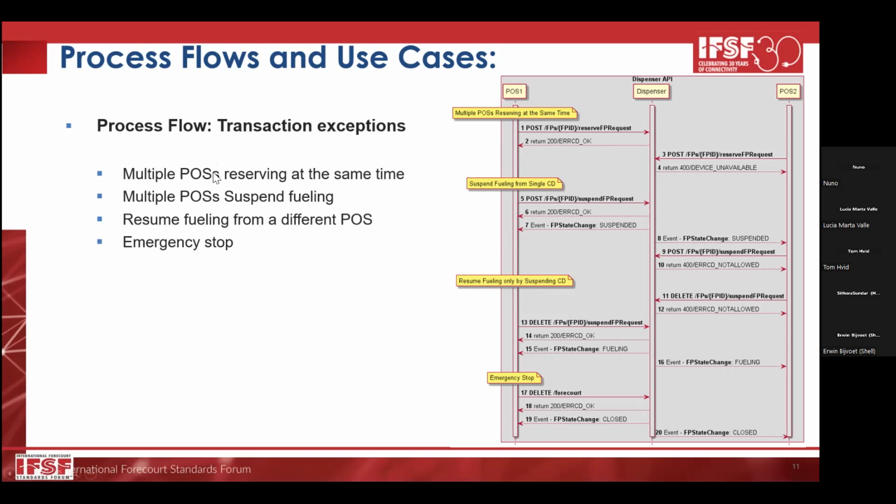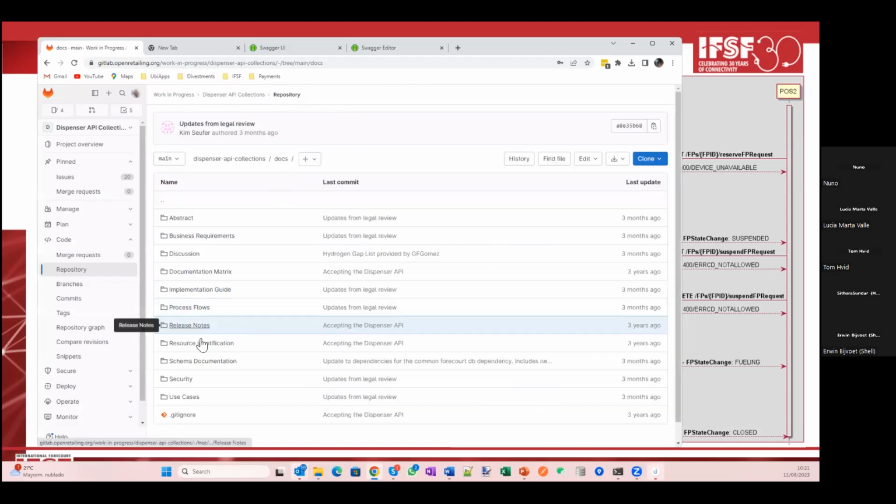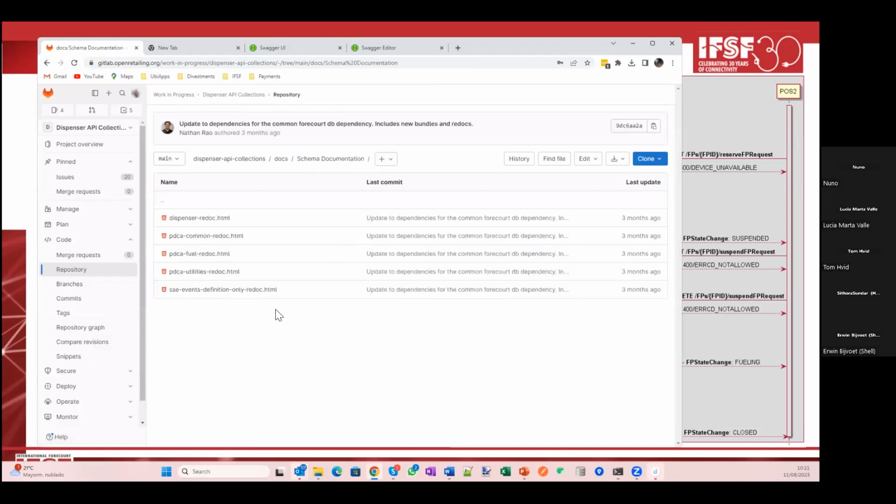So let's switch back to the documentation repository. Let me go back here, okay? And let me go back to the documentation. Here, let's see now the schema documentation. Remember, I mentioned before that we created bundles from the APIs with all the references covered. These schema documentations are called redoc files because it's the tool that is used, but it's basically the same bundle